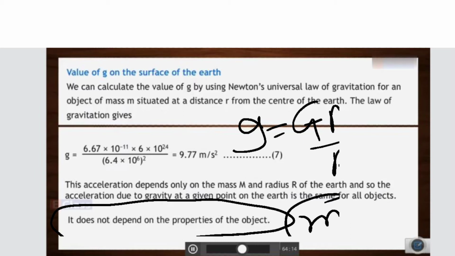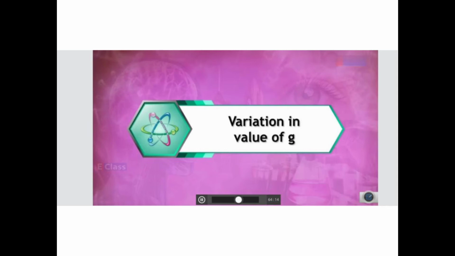So practically we have seen this. Now suppose we wanted to calculate the value of g on the earth when the mass of the earth is double the present mass, and the radius is reduced to half. Shall we calculate it? Yes, what can change? So what is the effect? Let us do it. So we will see.